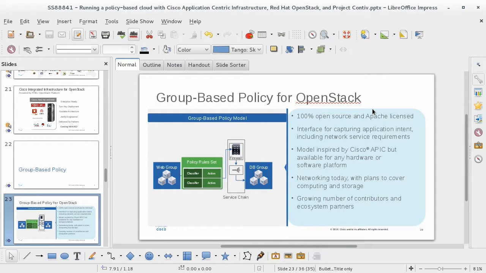So we would build it as a plugin architecture so that we have plugins for Horizon, plugins for Heat, CLI, and this plugs directly into Neutron so that you can use it with any Neutron plugin. It'll work with ACI and our ACI plugins, but I can also use it with any network plugin. It'll map back to the existing APIs that they have. But you'll be able to capture some of the benefits of thinking about policy, thinking about dependencies, and using that as a way of deploying your infrastructure.